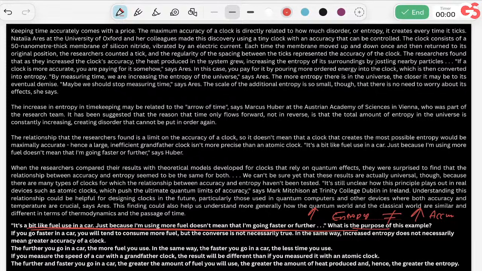पहला बोल रहा है if you go faster in a car you will tend to consume more fuel, but the converse is not necessarily true. The same way increased entropy does not, अरे हो गया बस, पहला ही है, मैं आगे पढ़ूंगा ही नहीं, मुझे पढ़ना चाहिए,